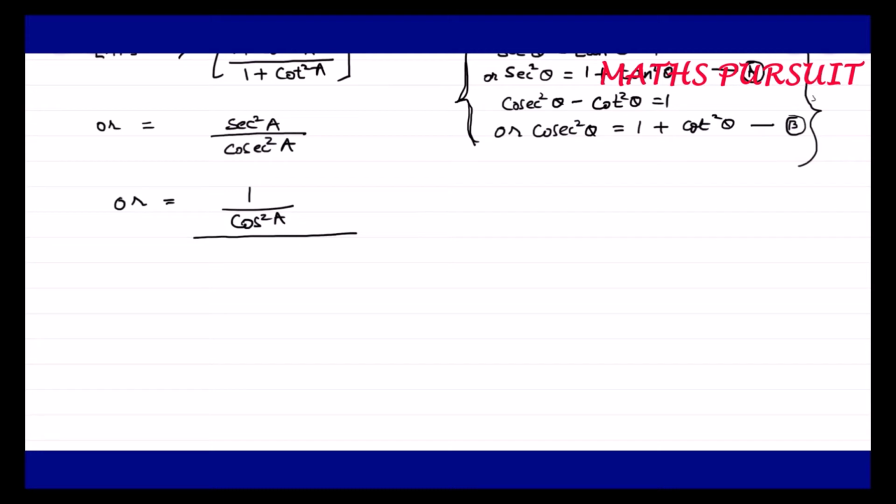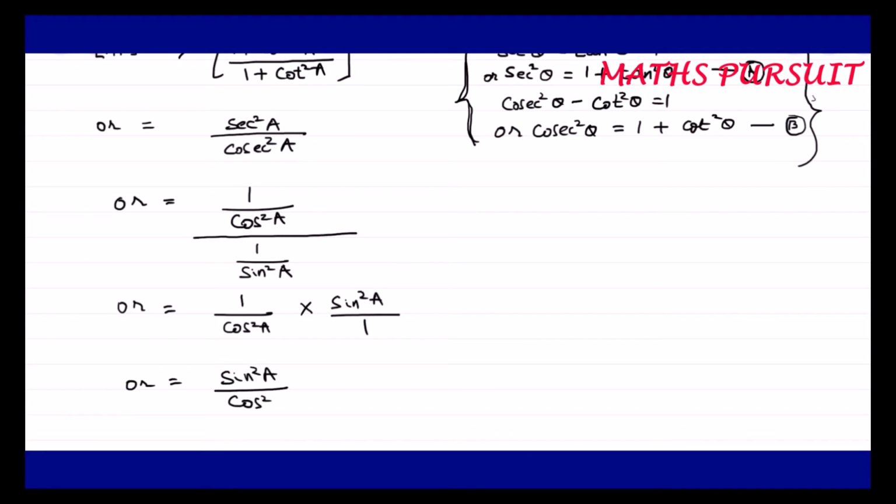Similarly, guys, we very well know that cosec a is equal to 1 upon sin a. Therefore, cosec square a is equal to 1 upon sin square a. Just converting, as I told you in my previous videos, that whatever is being given, let us convert those things in terms of sine and cos. So for that reason, we have converted this one into sine and cos. Or that is equal to, I can write 1 by cos square a into sine square a by 1, or that is equal to sine square a by cos square a.